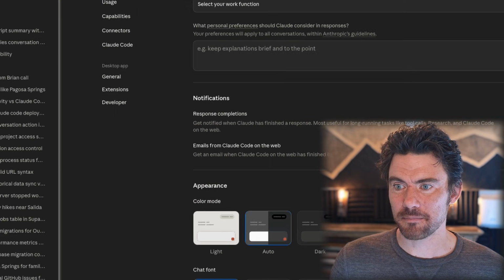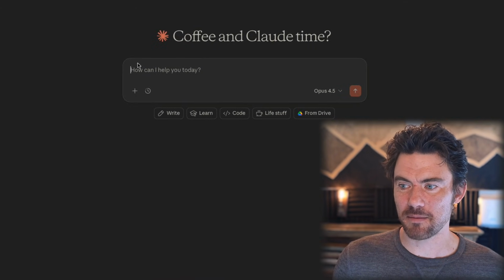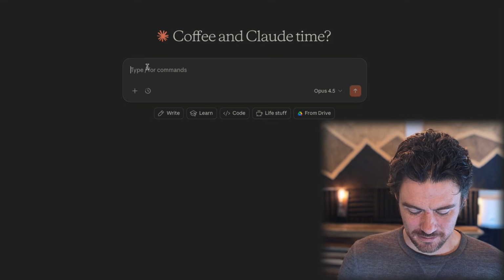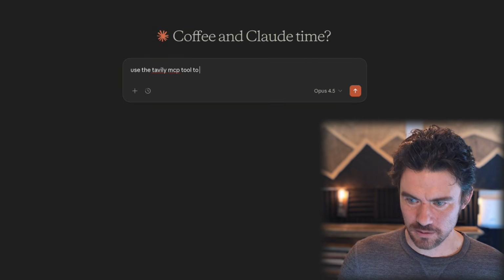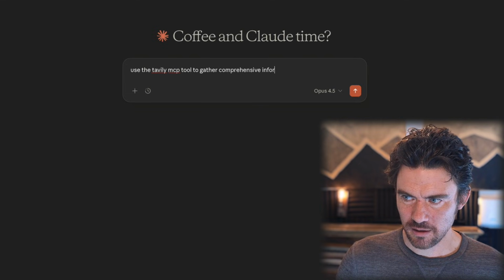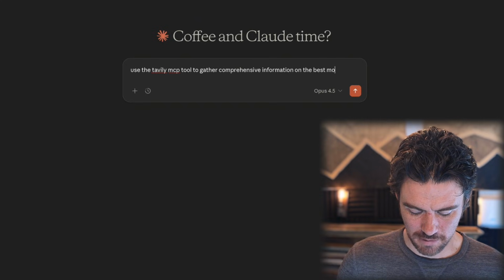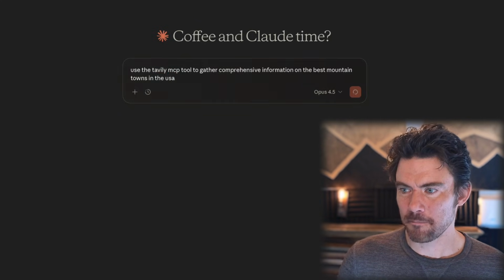And obviously, there might be other use cases for this, but this is how I use it primarily. So let's just try Tavily out. Let's use the Tavily MCP tool to gather comprehensive information on the best mountain towns in the US. And you might think he just pulled that query out of thin air, but no, I search